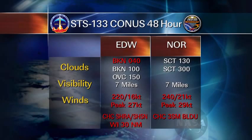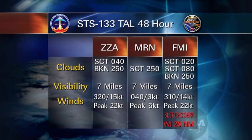Space Flight Meteorology Group still forecasting pretty bad conditions out there at the abort landing sites out west, with a ceiling at Edwards at 4,000 feet, still wind concerns and still concerns for showers within 30 nautical miles, and again also at Northrop Field. Again, windy weather, violating constraints, and also the visibility coming down due to the sand and dust in the area. So overall, the first day for launch weather is... I forgot to brief day 3 on